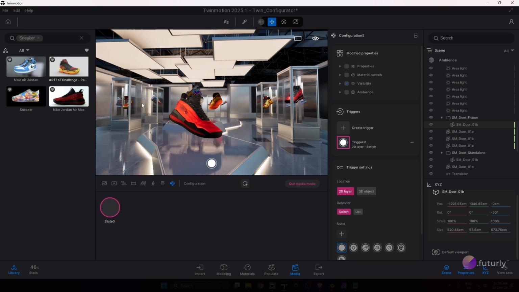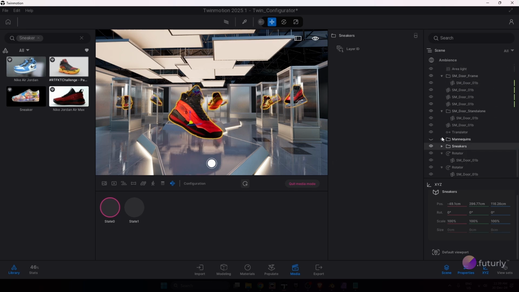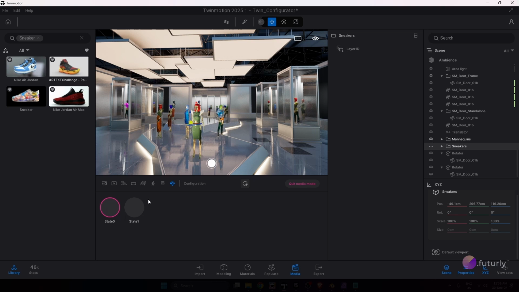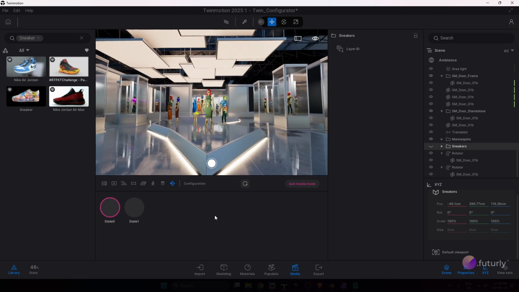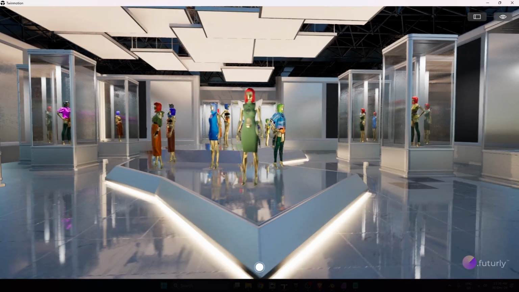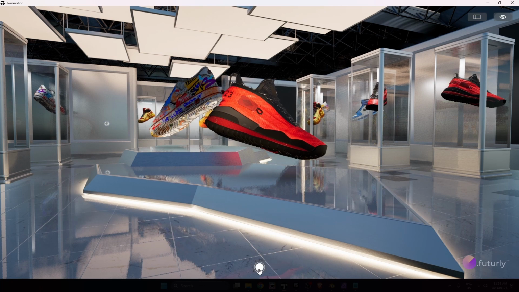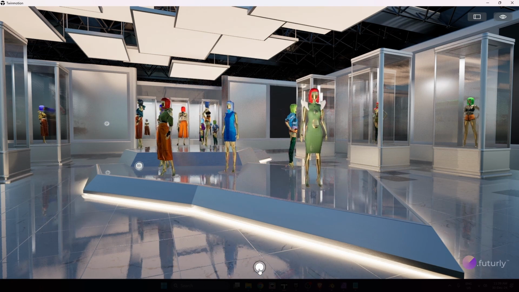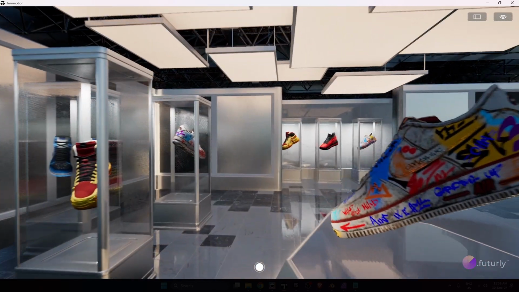So by default, this state is saved. So this state contains all the sneakers in place, and I'm going to create a new state. And I shall turn off my sneakers, and I'm going to turn on my mannequins, and I'm going to click this button to save the state. Now let's see this in action. Great. This works right off the box. Let's hit F12 and we can see it. So this way, with an instant click, we are able to change the entire